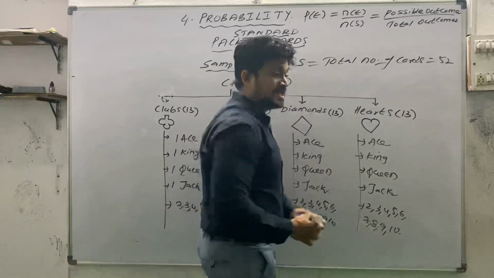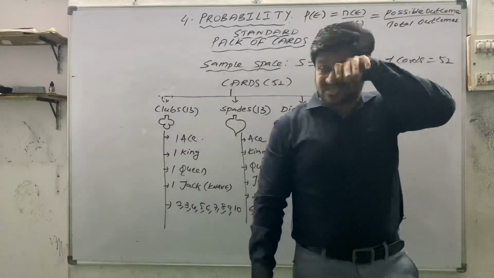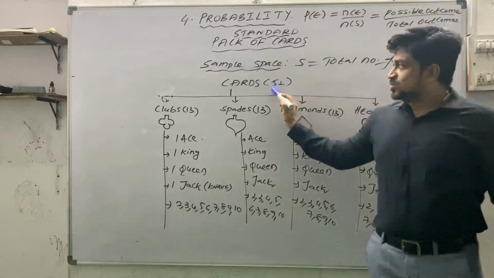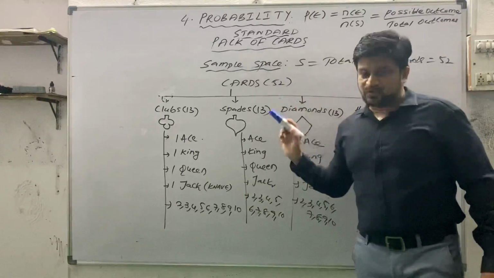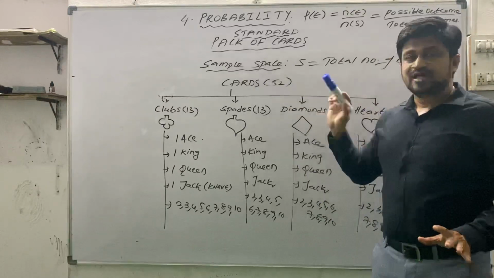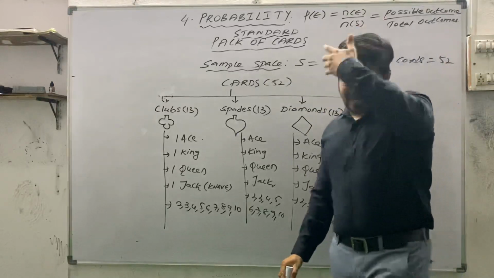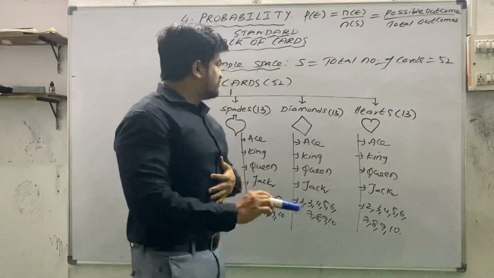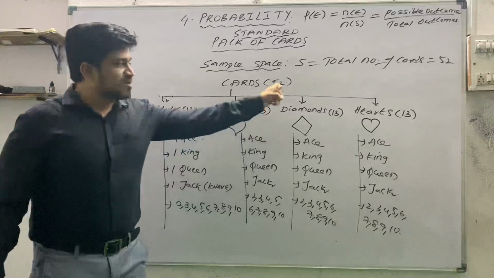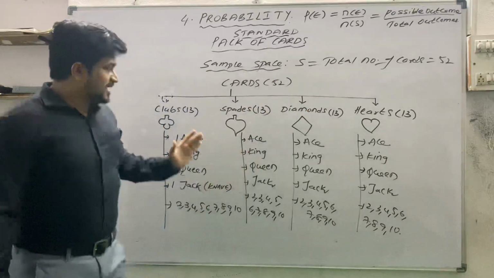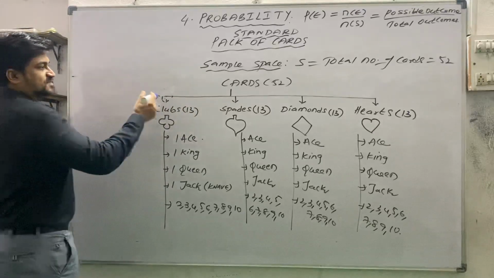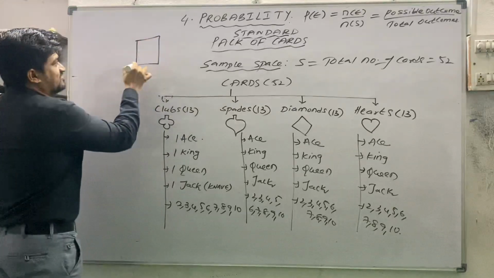See, we are not dealing with problems, we are dealing with the concept now. Sample space, total number of cards 52. In playing cards, we find a standard pack of 52 cards. Now categorize those cards. In category, the number of clubs is 13, number of spades 13, number of diamonds 13, number of hearts 13. These 13 clubs, that means a card will be there. Suppose diamonds are there, a card will be there with the diamond